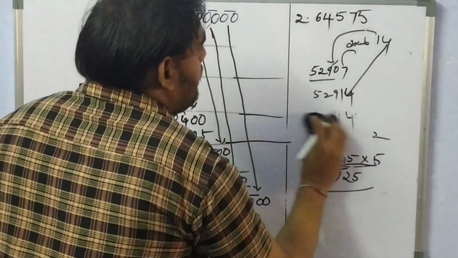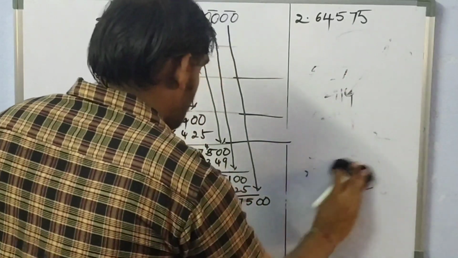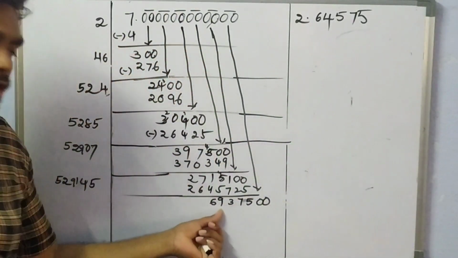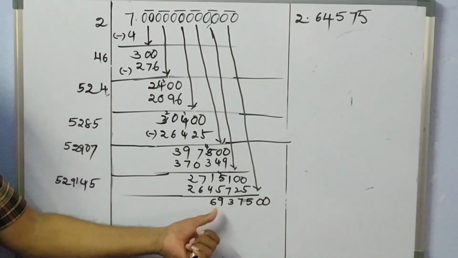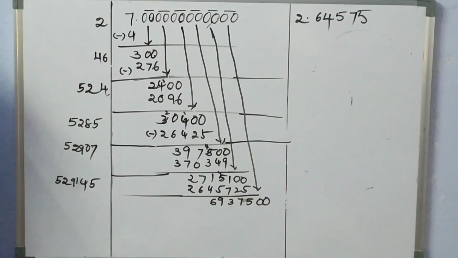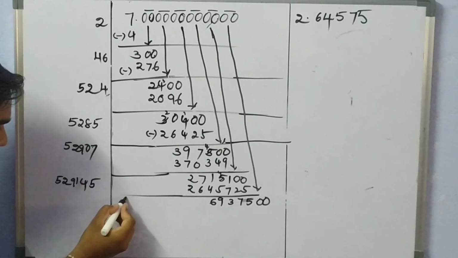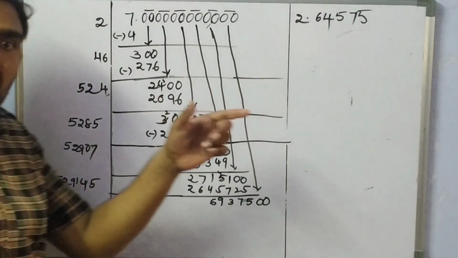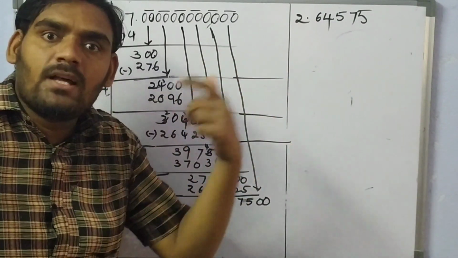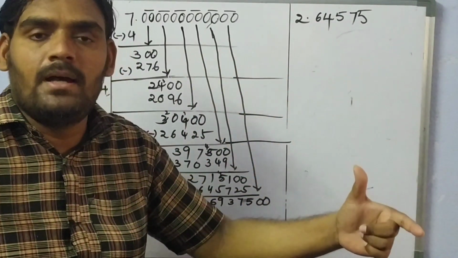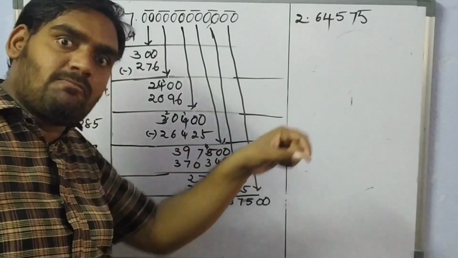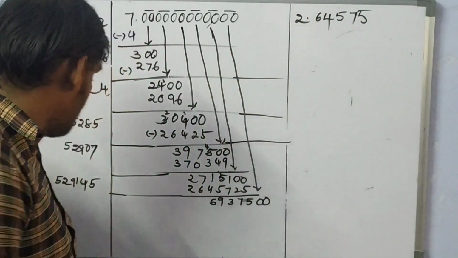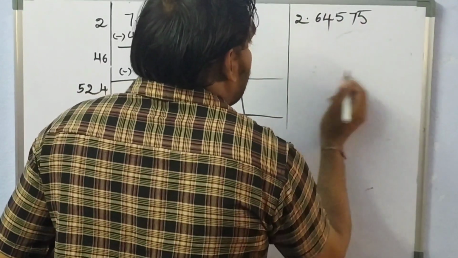Next, after that we got the new dividend, that is 69,37,500. For this we need to get the divisor also. For this divisor, take the previous divisor and double the last digit. If the last digit is a 2-digit number when we double, the tens digit must be given as carry and the ones digit we must write as it is. So the previous divisor is